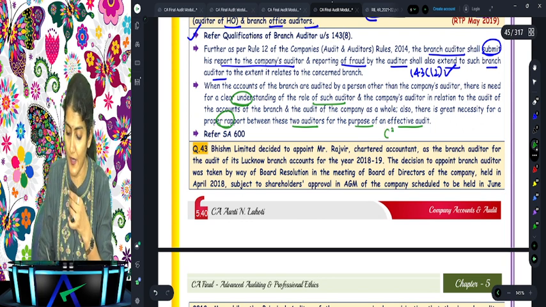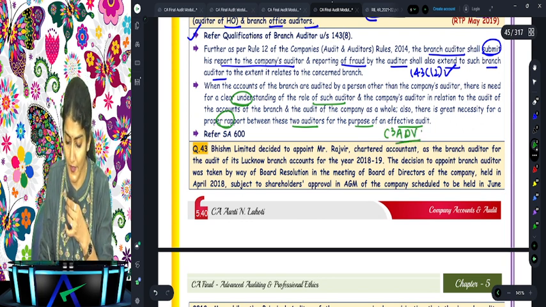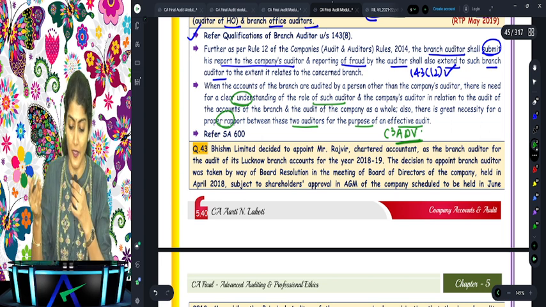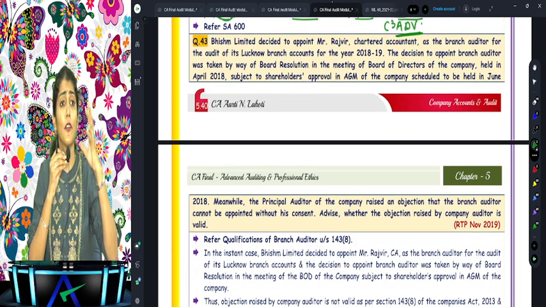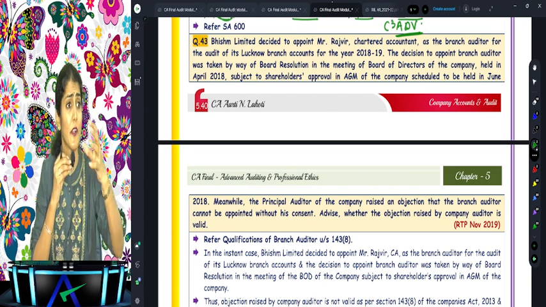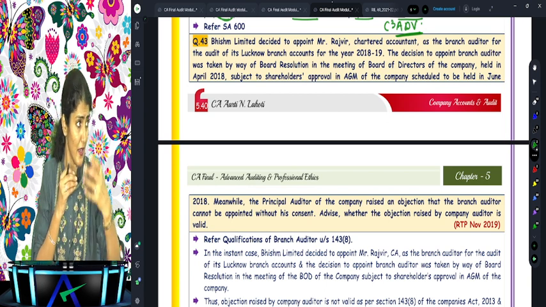And again, what you will write down is the C cube ADV. Right, C cube ADV, that is the evaluation. We say that the principal auditor needs to send a checklist, a questionnaire, to the branch auditor. Right, so that is the point.